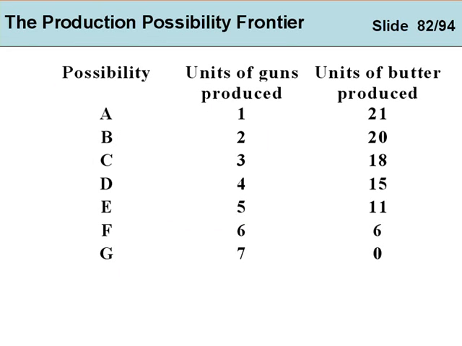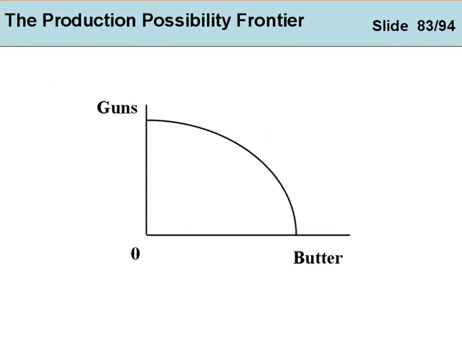It goes all the way down to G, where you've got maximum production of armaments and no consumer goods. Quite silly actually, because most of the population would have starved to death because we're not producing anything. Anyway, if we draw this relationship as a diagram, we get something like that. Of course, that's a much more idealized production possibility frontier. Nonetheless, it shows the trade-off between guns and butter.